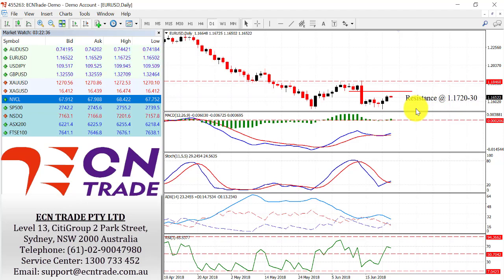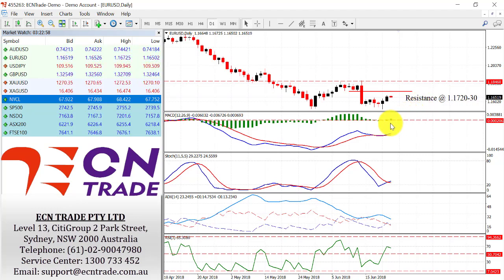A bull trap is a false signal indicating a decline in the trend in the asset, which is the euro, has reversed and is heading upwards when in fact the asset is continuing to decline. The move traps traders or investors that act on the buy signal and generates losses on resulting long positions.